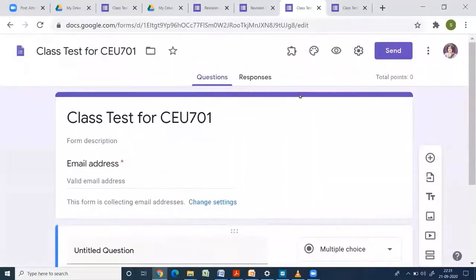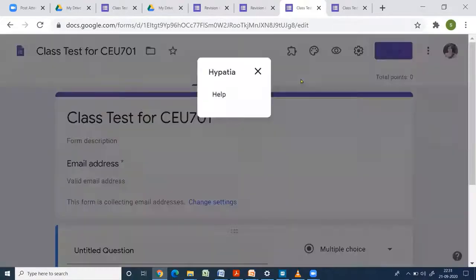Once you install this add-on, you can see this symbol. Click on this symbol. You can see Hypatia here. Click on Hypatia. You can see the window something like this. Sometimes you may see a box like this where only help is written.